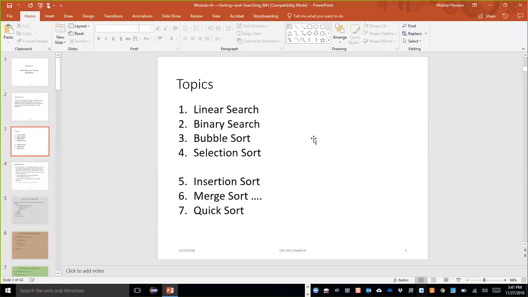That is one, but what is the reason that binary search needs it sorted? Because in the binary search process, we always make the list half. In every iteration, we make the list half, so that process becomes faster. But the limitation is that the array needs to be sorted,